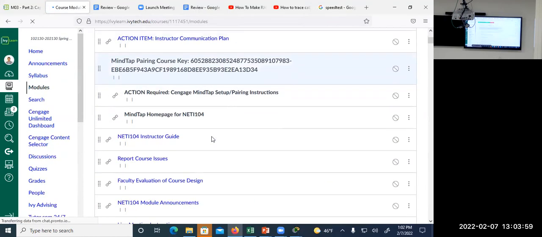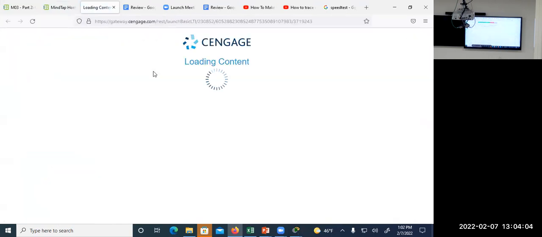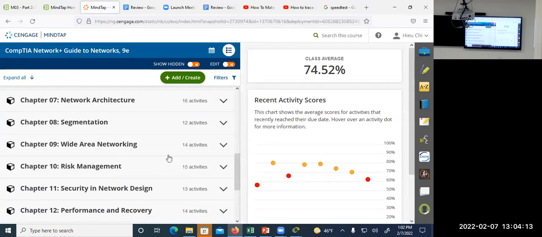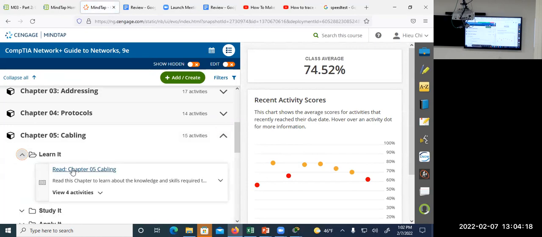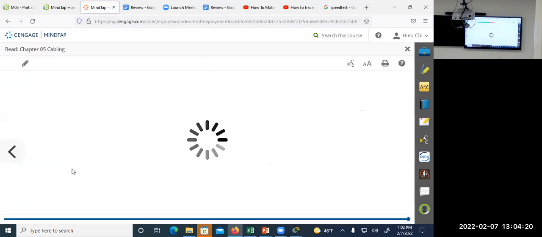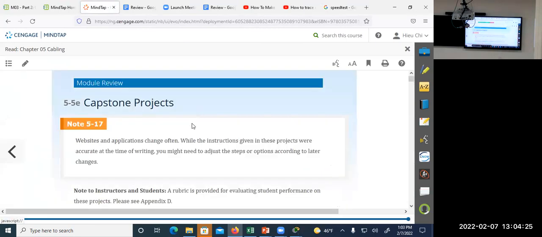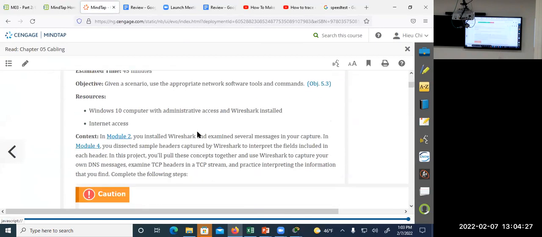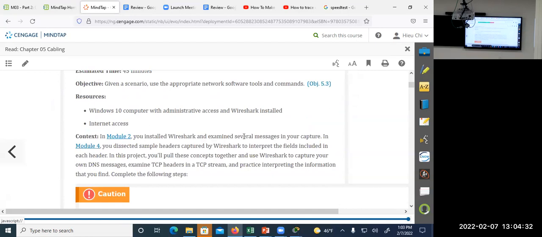Project by what? Because the TCP segment in Wireshark capture